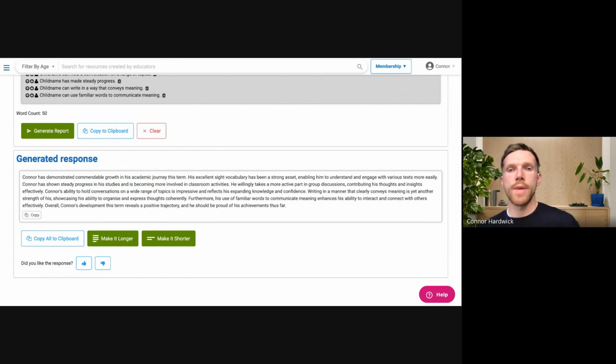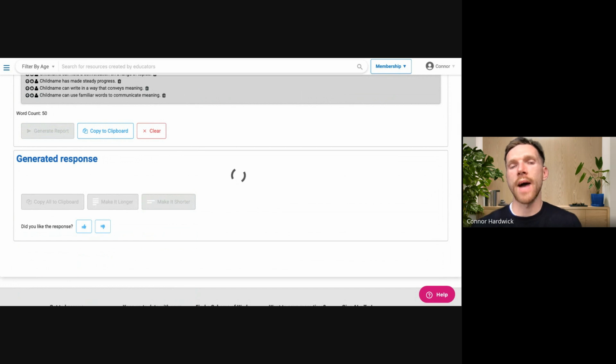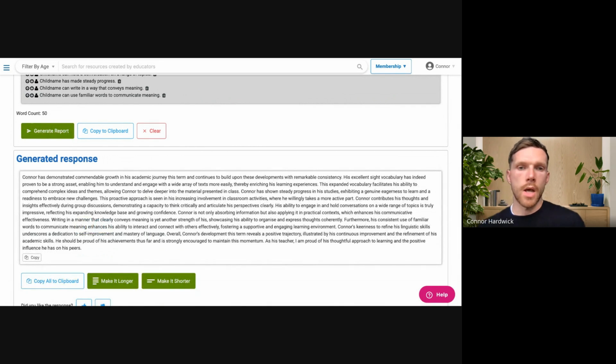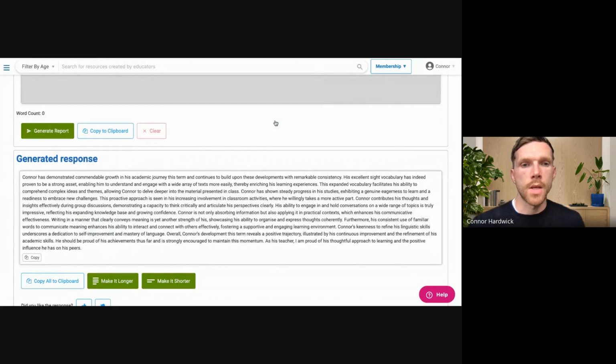If you are reading this and it's not right, and you want to make some changes, you can make it longer or you can make it shorter. If you make it shorter, it will take out some of your statements. Make it longer, and it will find some statements and expand on them or elaborate on them. Here we've got a range of new sentences that have been added, but this is your choice. If you want to go back and you don't want that anymore, we can clear that and we can